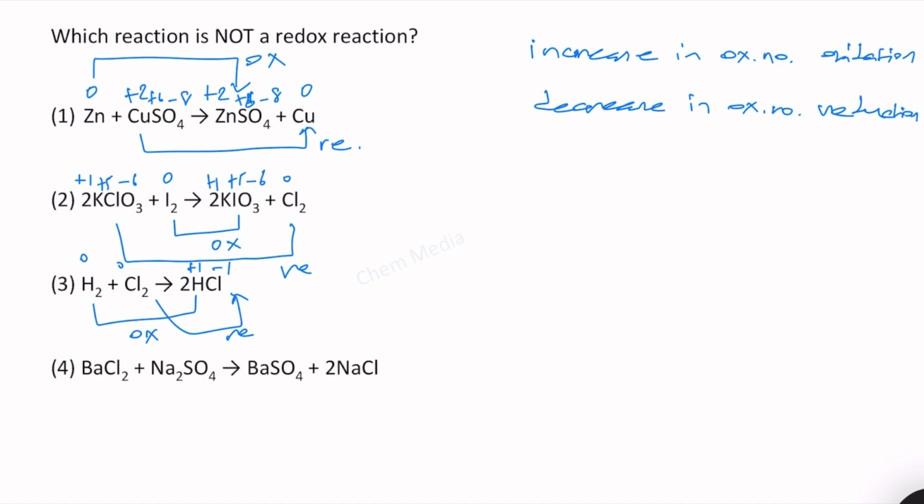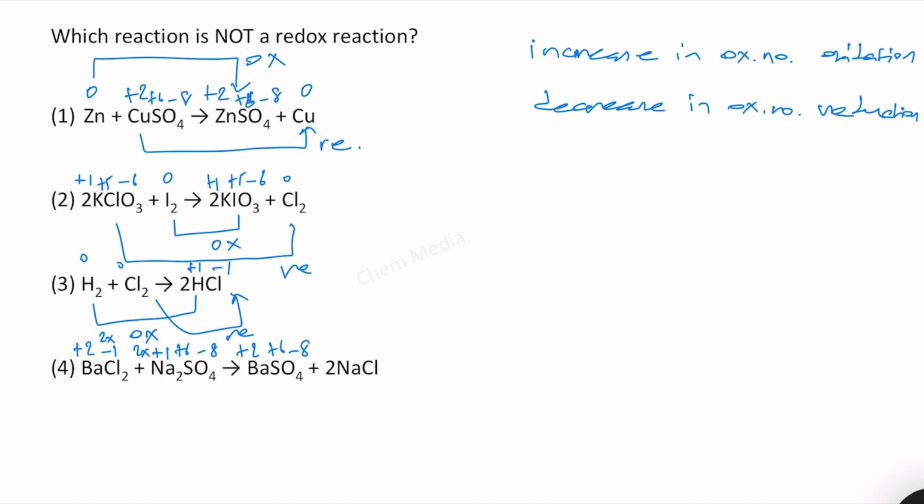How about option 4? We have barium chloride reacting with sodium sulfate, giving barium sulfate and sodium chloride. For barium plus 2, for chlorine minus 1, this is 2 times minus 1, therefore the net will still be 0. Here plus 1 for sodium 2 times, and for sulfur plus 6, and for oxygen 4 oxygen atoms, therefore minus 8. Here also minus 8 plus 6 plus 2,